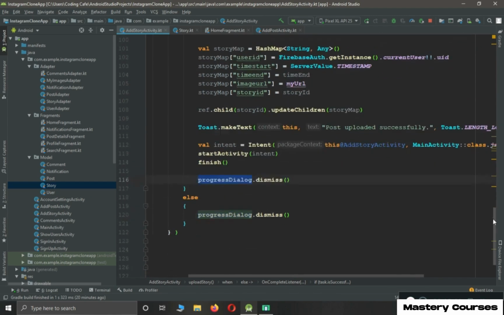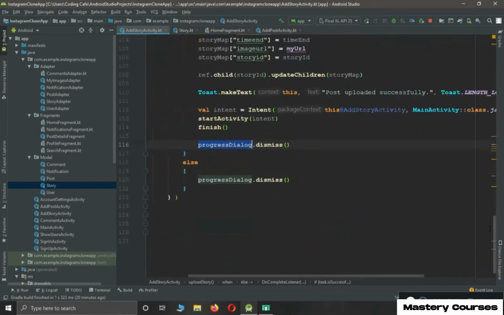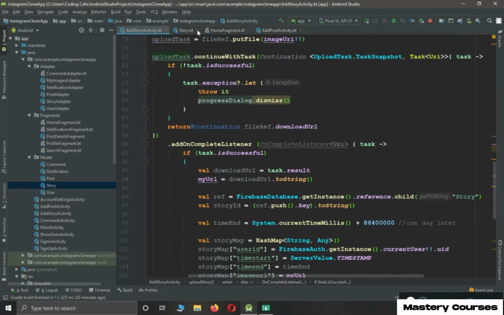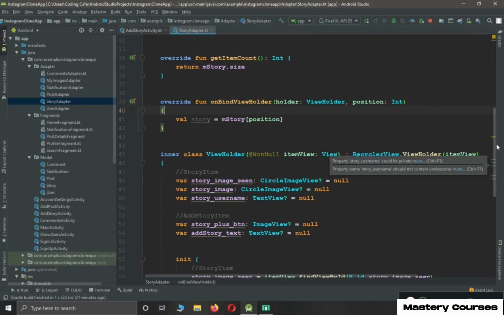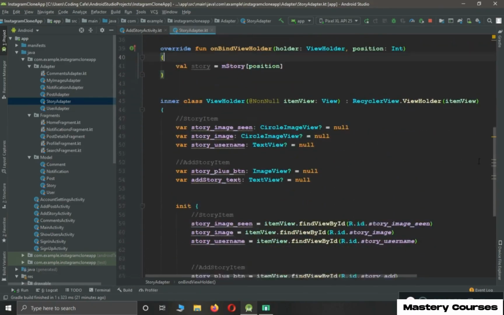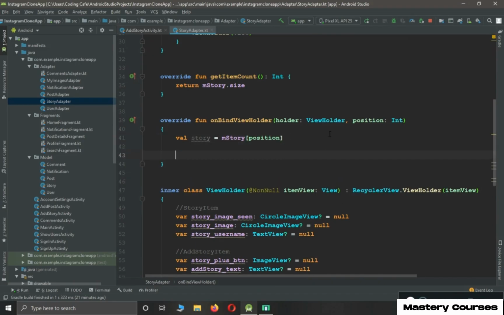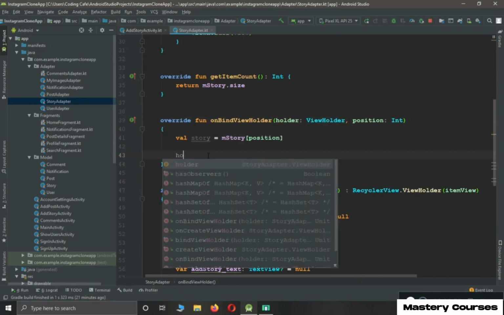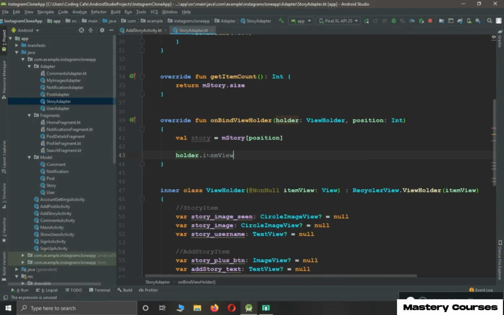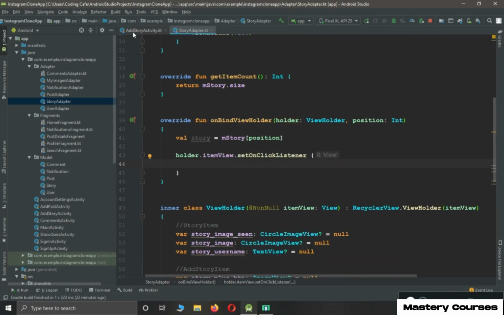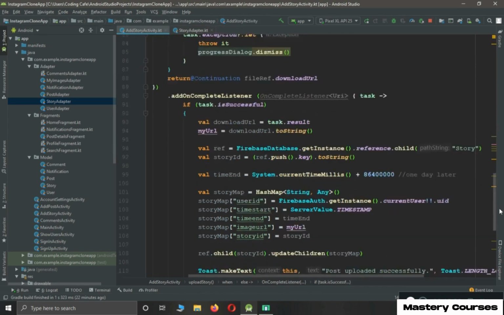So yeah, that's it. And now let's just go back to our story adapter. Here you have to add a click listener inside the onBindViewHolder. By using this view holder type instance, we can say holder.itemView.setOnClickListener, and then in here we have to write an intent for sending the user